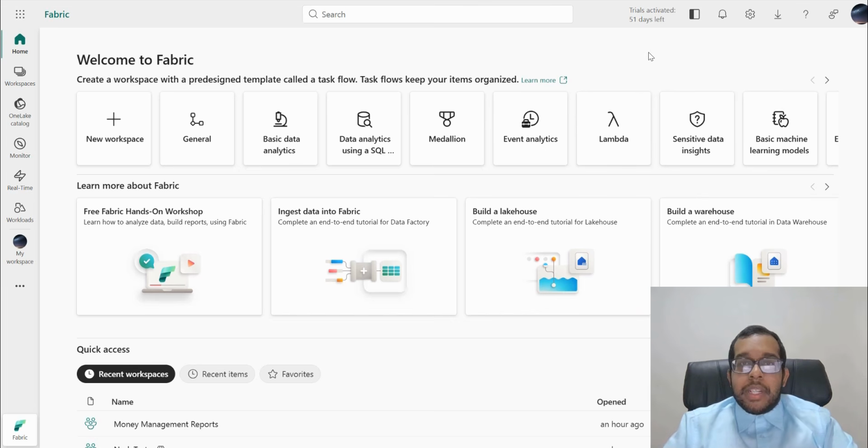Chapter 1: Overview of Microsoft Fabric and its core components. Introduction. As data volumes continue to grow and analytics use cases become more complex, organizations across every industry are turning